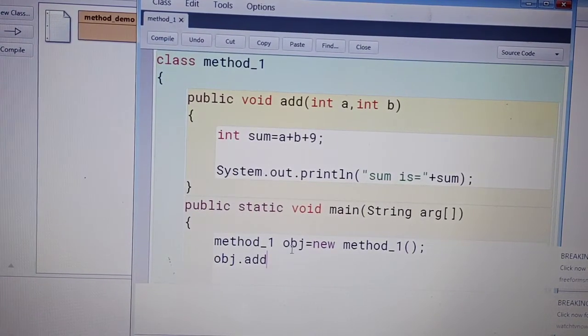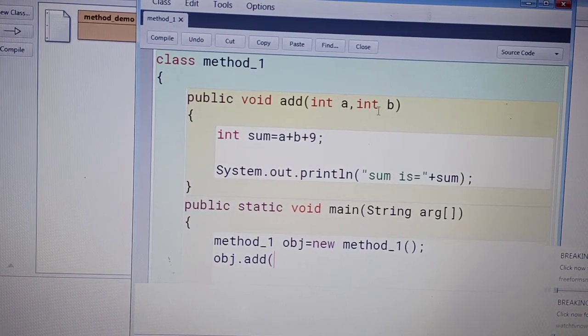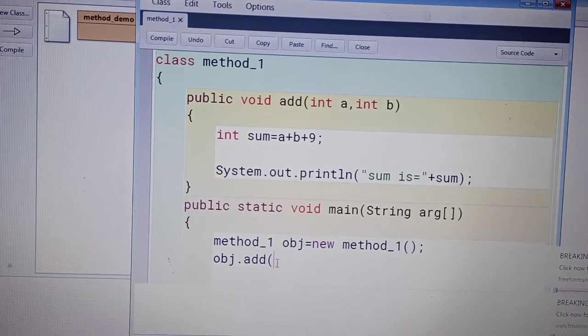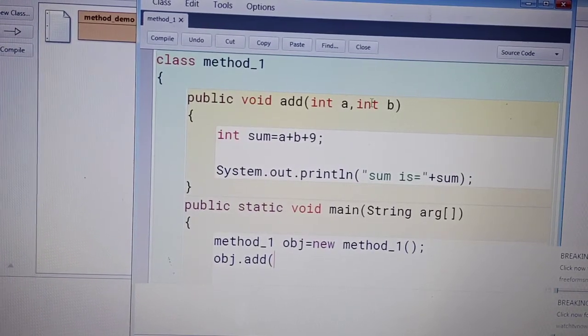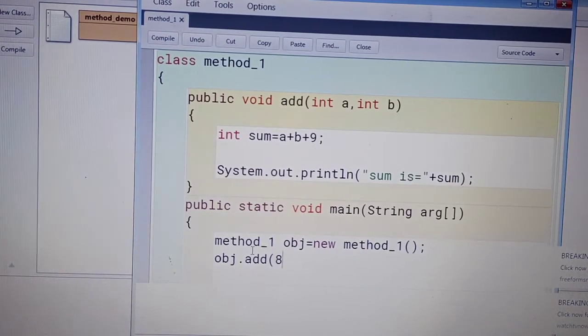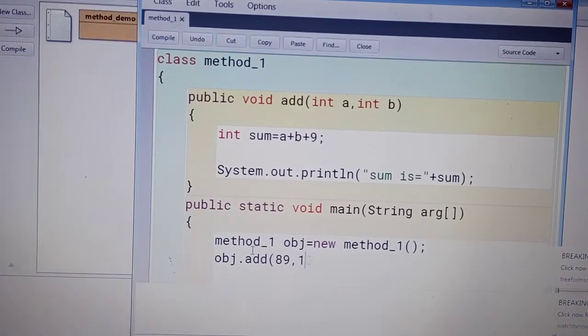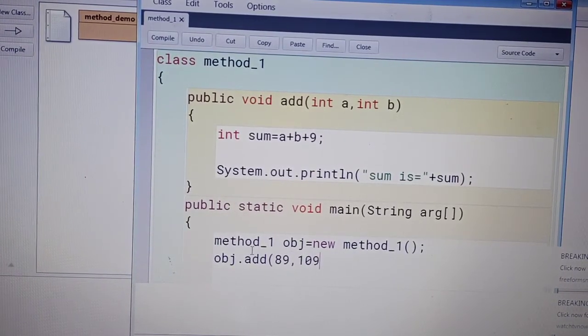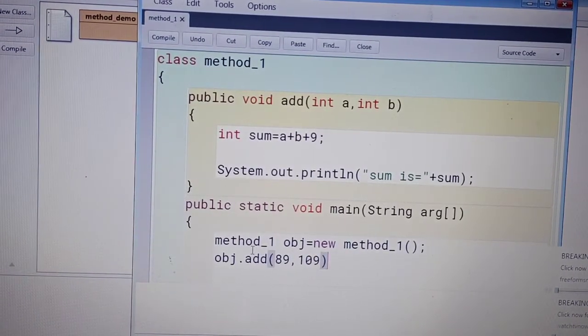After this, it's a parametric method, meaning two parameters are passed there. So when we call this method, we need to pass two values here. Suppose I am passing 89 comma 109, these two integer type values.